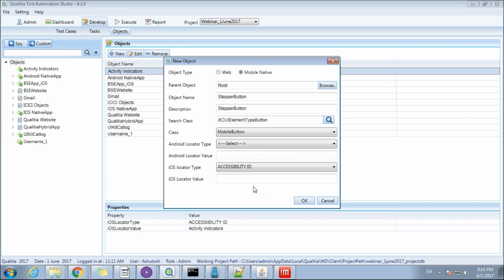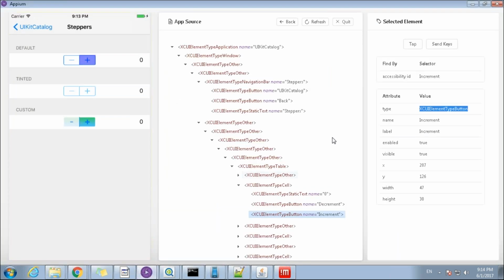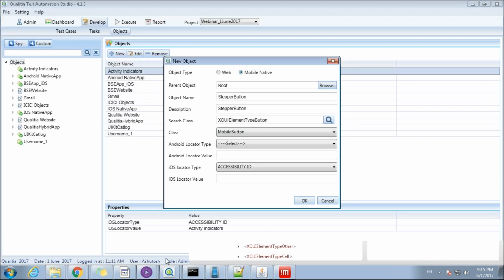In this particular case, we are going to use accessibility ID. So let's see how we can capture it within inspector. We'll copy the accessibility ID, which is increment in this particular case, and we'll use it here. Okay, so this is how you create an object within Qualicia, and you can save and build your object repository.